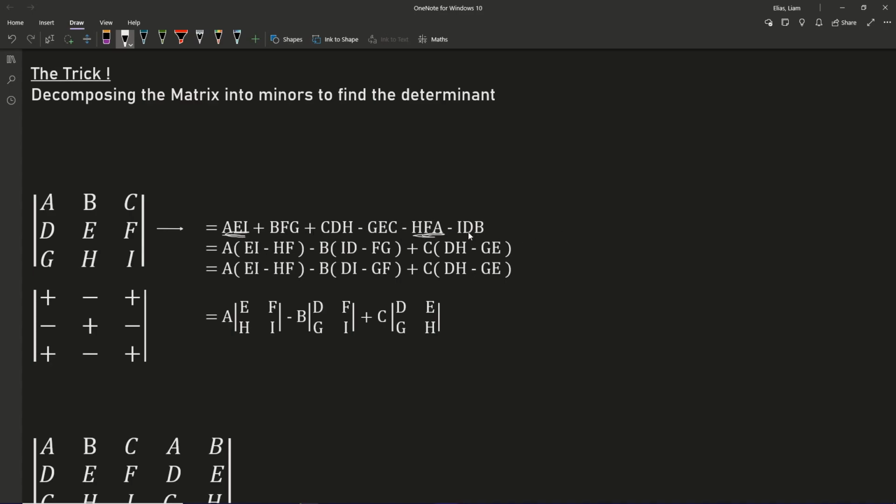you started with. And then it's going to be minus b, and b can be factored out from both these two terms, b times id minus fg. And then plus c, and the same idea, c is being multiplied by what it's been factored out of these two, so dh minus ge. And so when you're figuring out how to know whether the